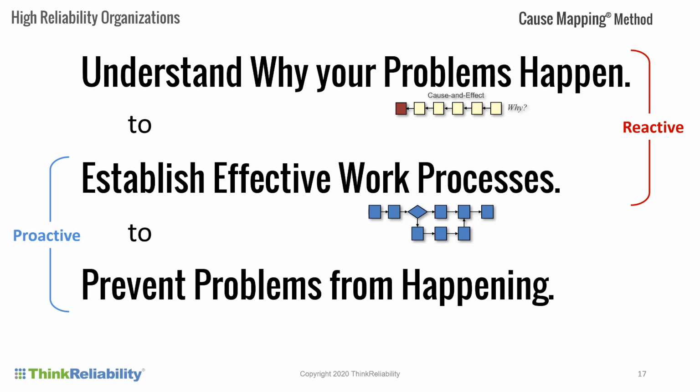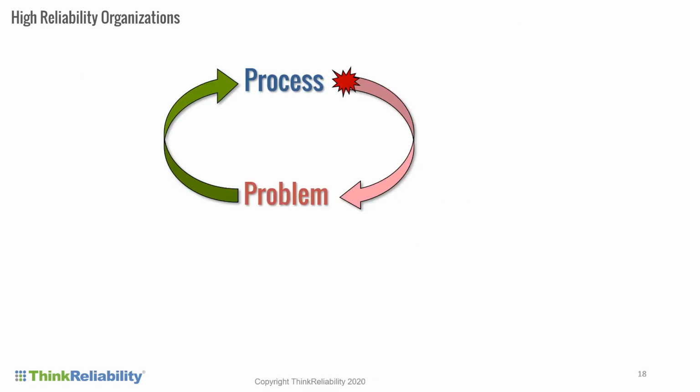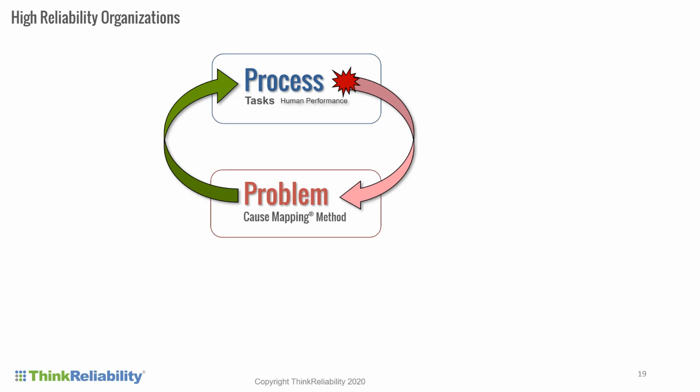So while it starts off looking fairly reactive when you have a problem, the whole idea is how we become proactive. That's how individual incidents turn into lessons learned that become best practices in a company. The overall big picture is there are fundamentally work processes in your company, and when they don't go well, it is a problem. This is basic, fundamental across industry.